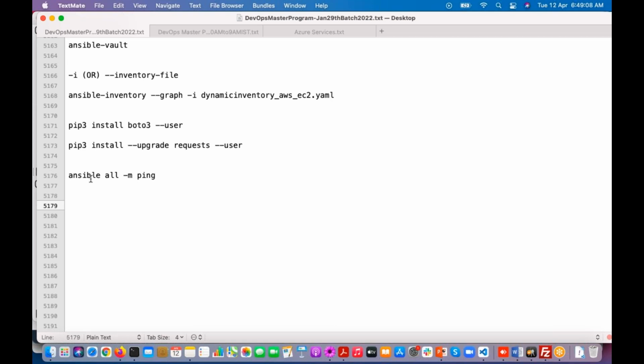This is the command which we are going to use. Now in this case, what will happen? Whatever host information is available in the host inventory file, those servers it is going to ping. Those servers it is going to ping, right? But my requirement is dynamically I need to get that host information, and those servers I want to